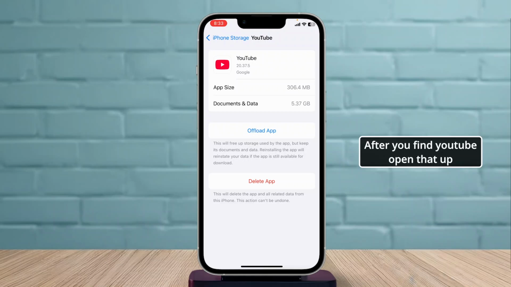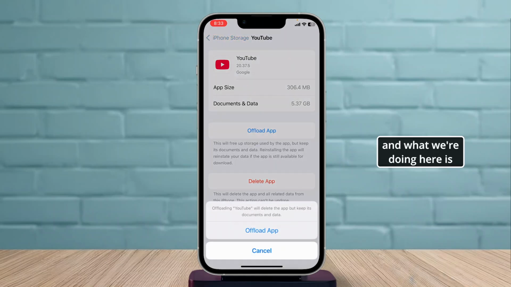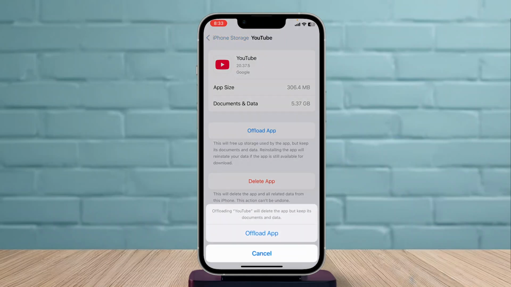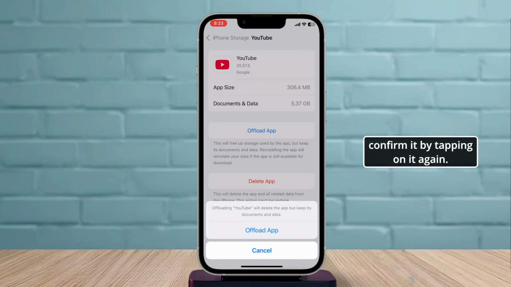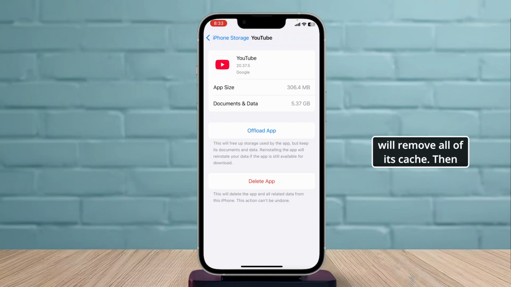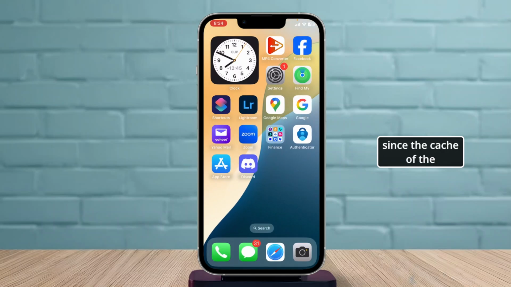After you find YouTube, open that up, and what we're doing here is offloading the app. Tap on the offload app option and confirm it by tapping on it again. Then it will get offloaded, which will remove all of its cache. Then you can simply reinstall the app, and the app should work just fine since the cache of the app